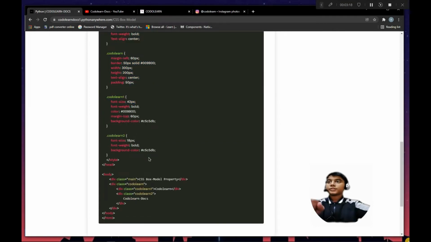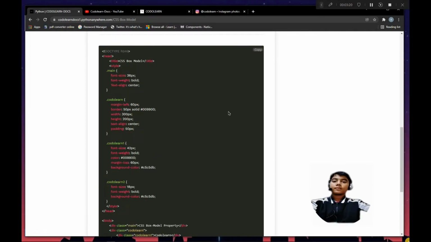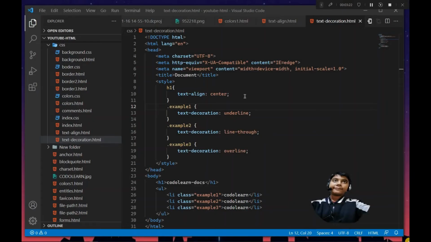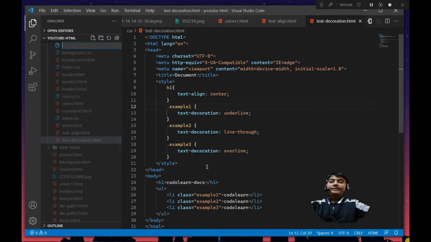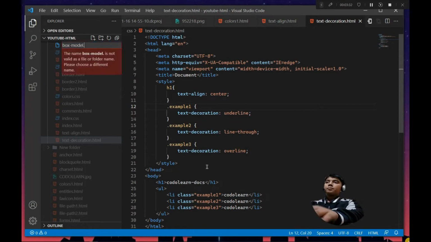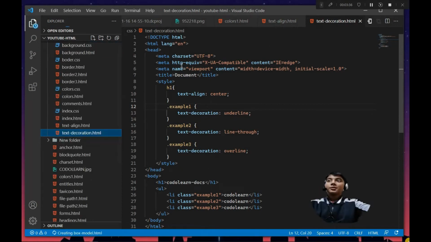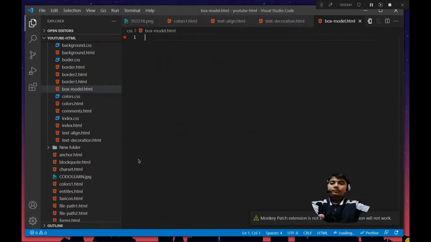So first of all, we have to open Visual Studio Code, and inside Visual Studio Code we have to create a file. Let's say the file name is box model.html. Control S to save. Just press enter and wait for a while. And guys, here first of all we have to add the boilerplate.